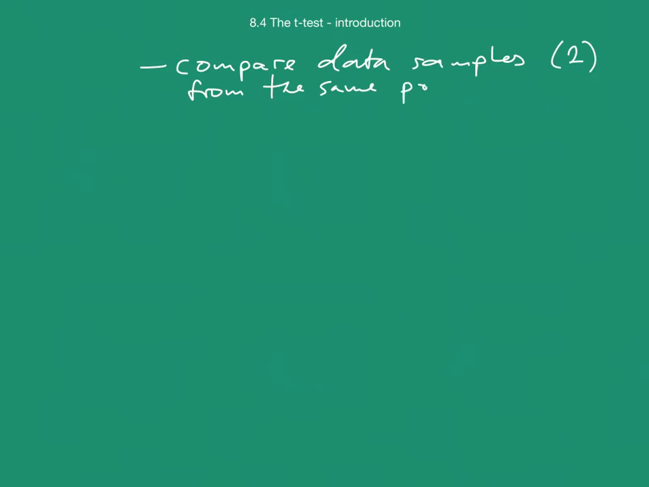So we can start with what the t-test is for. What we want to do in a t-test is compare data samples. Two samples, and usually from the same populations. So that could, for example, be two samples of tulips, and very often there is a difference between the group